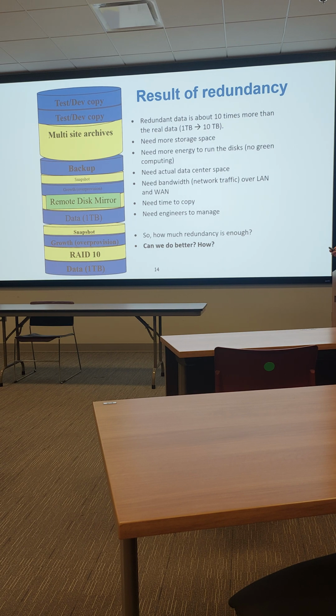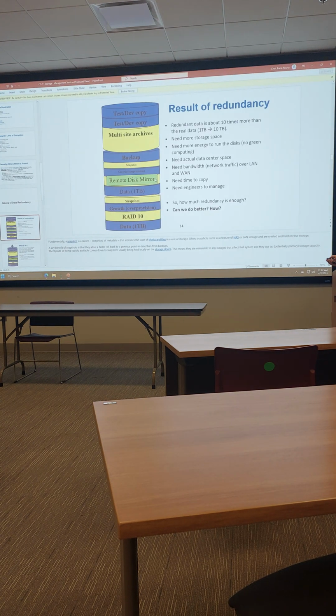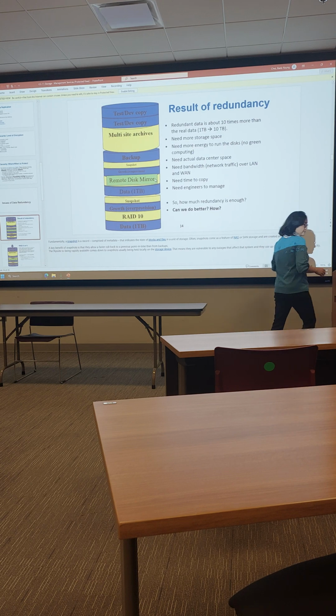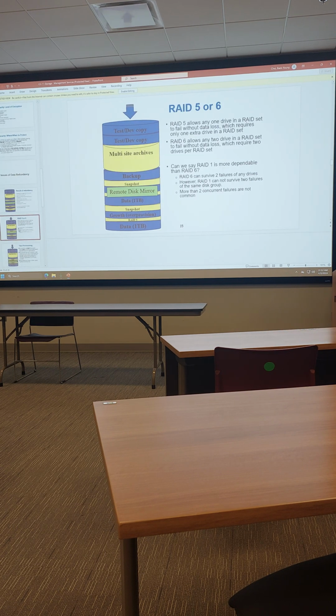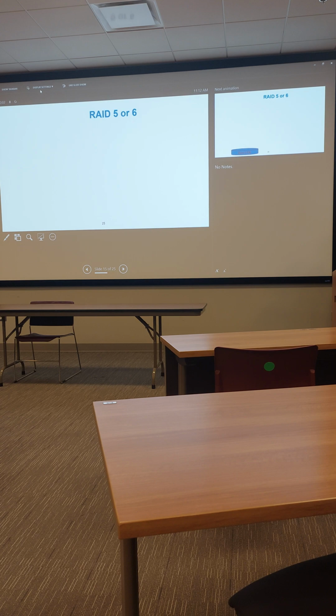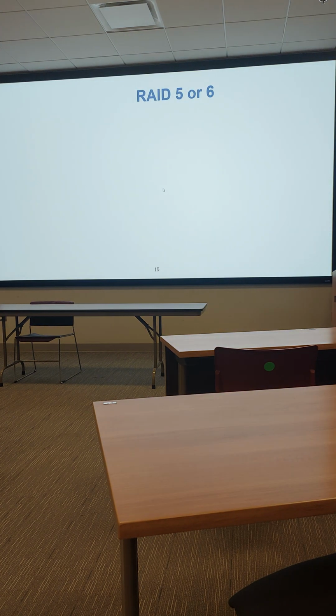If you want to do some technique like encryption, it takes more time as well. So you don't want to do too much redundancy unnecessarily. So you have to have that kind of view, right? What I'm heading to is: what are the techniques that reduce some unnecessary redundancies, between RAID 5 and 6?